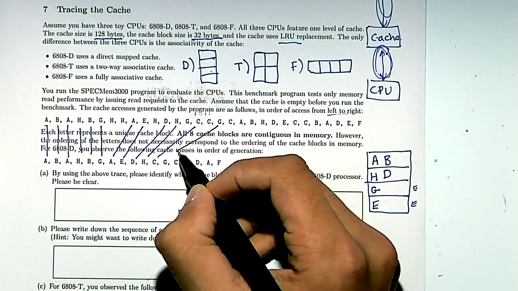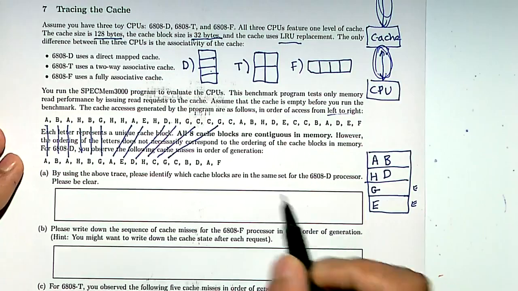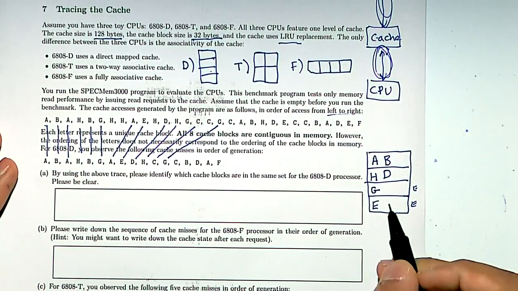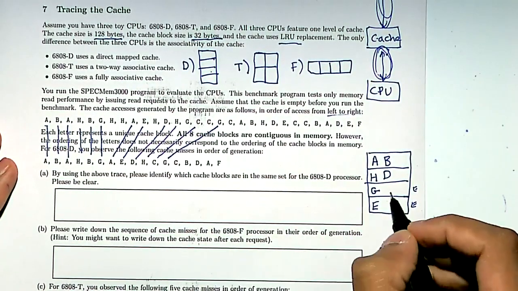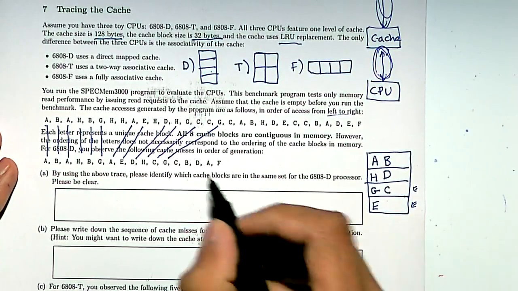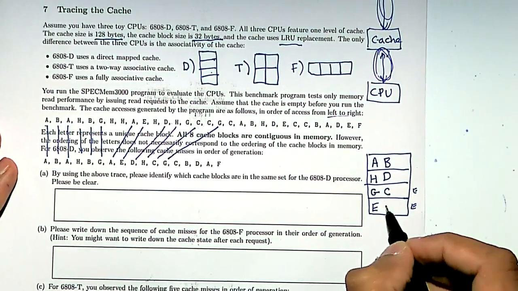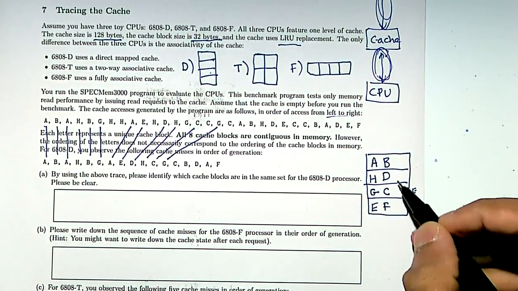And then we bring in G, and we see that G is a miss. So G has been evicted in the past, and the only thing it could have been evicted by is C. So G has to belong with C. And finally, the only thing that we have left is F. So at this point, we know which